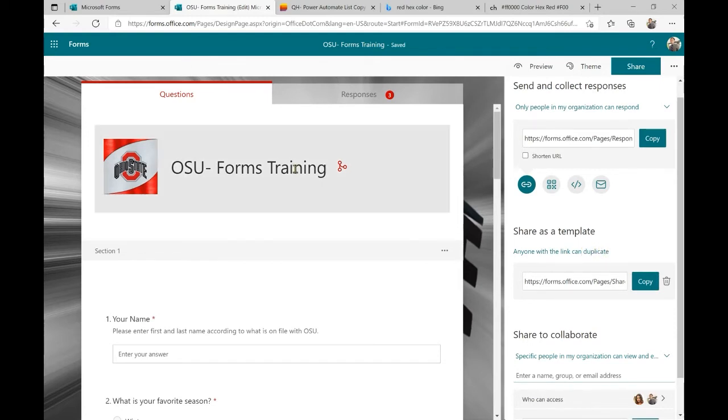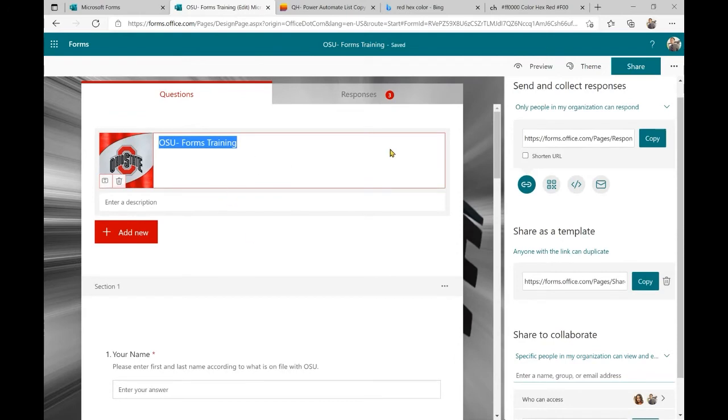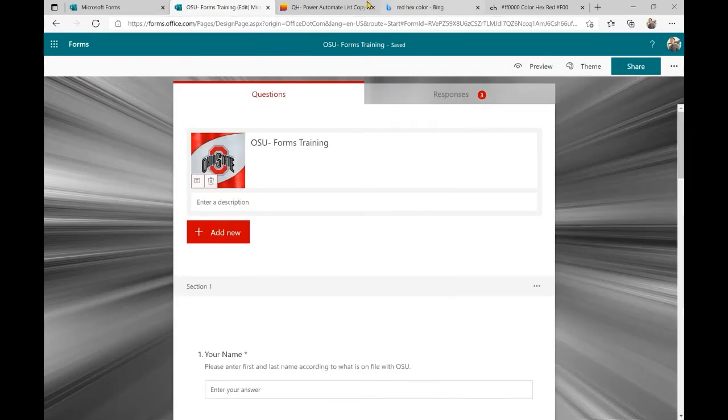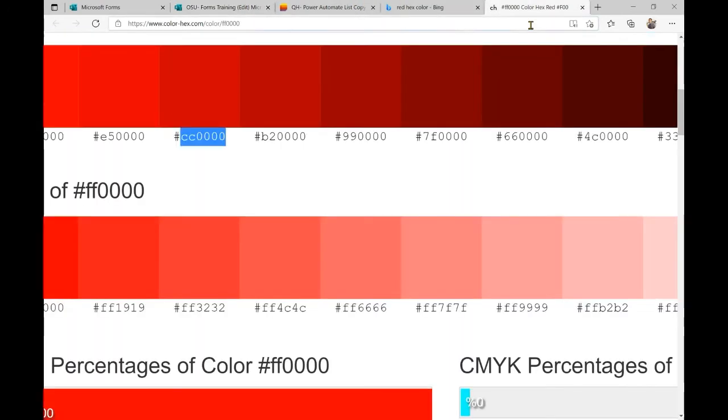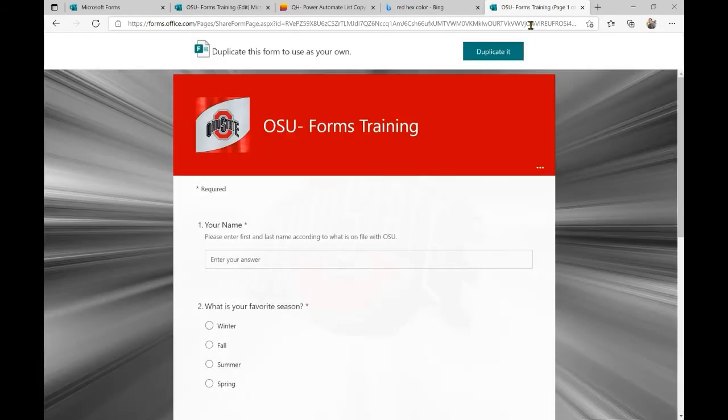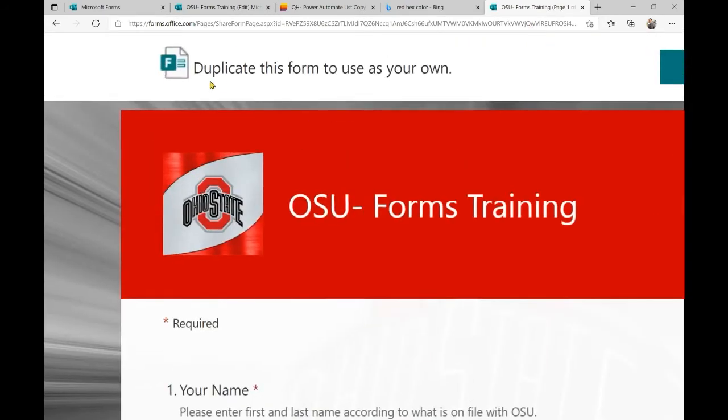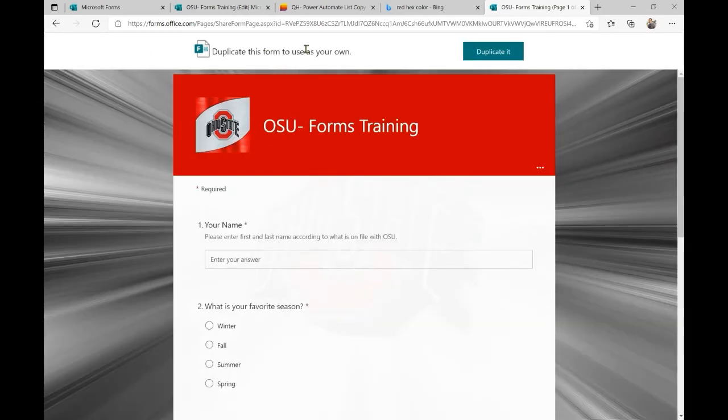However, if they go and change this from OSU Forms to, so like, for example, let me paste this link here. Pasting this duplicate link. It lets you know, duplicate this form to use it as your own.